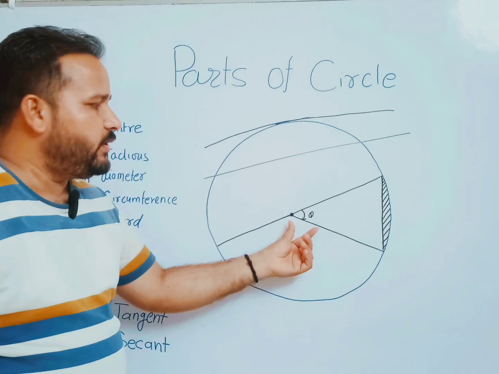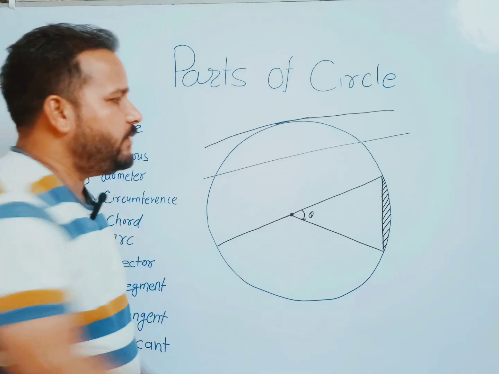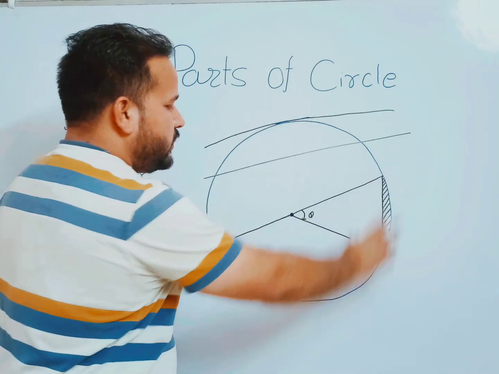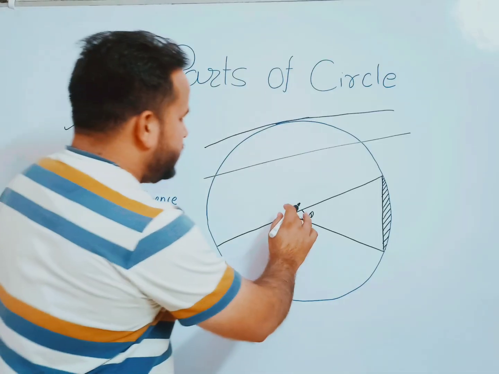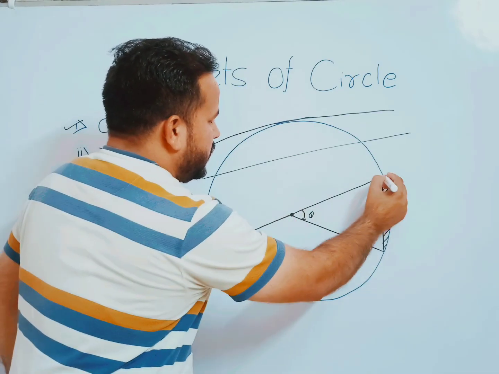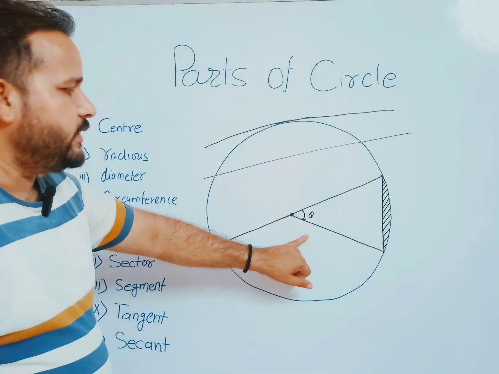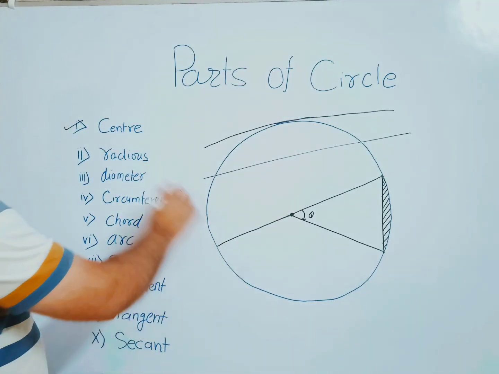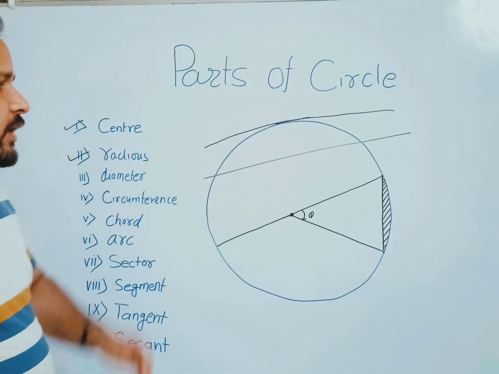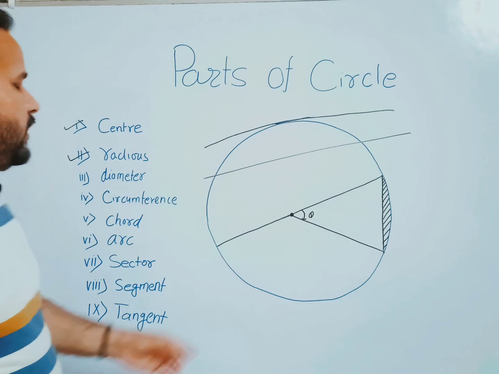रेडियस इज द डिस्टेंस बिटवीन सेंटर एंड एनी पॉइंट ऑन द सर्कमफेरेंस। तो दिस डिस्टेंस सेंटर टू सर्कमफेरेंस दिस इज कॉल्ड रेडियस। ओके, थर्ड पॉइंट डायमीटर। Diameter is the largest chord